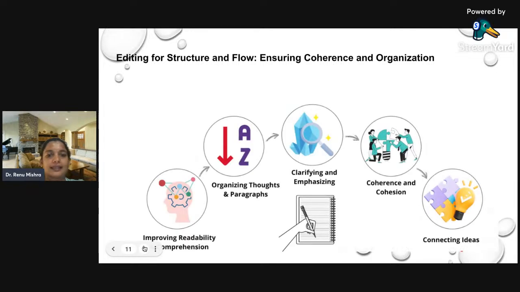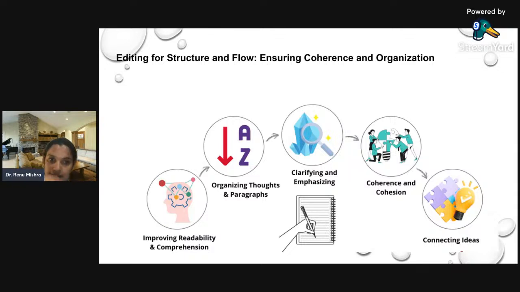Now, I have given you an idea of what editing does. Firstly, it improves readability and comprehension, so that if you can read something, you can understand it. This is very clear for a human mind. If your brain can process something and your mind can interpret that this means this, sorted. Half the game is sorted.